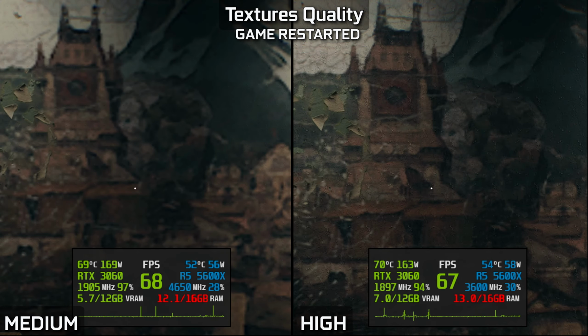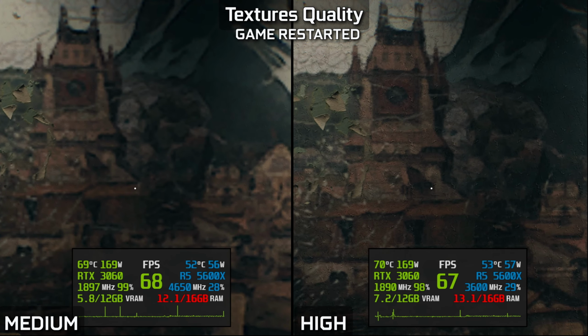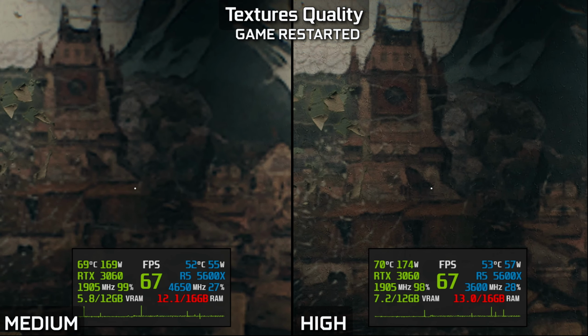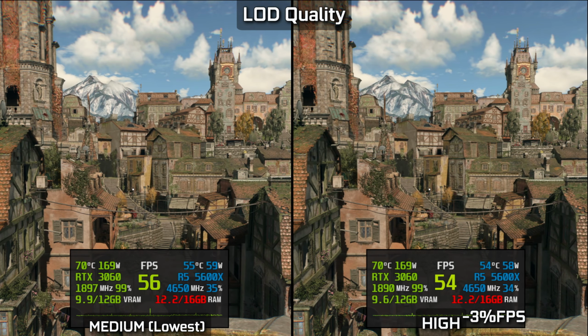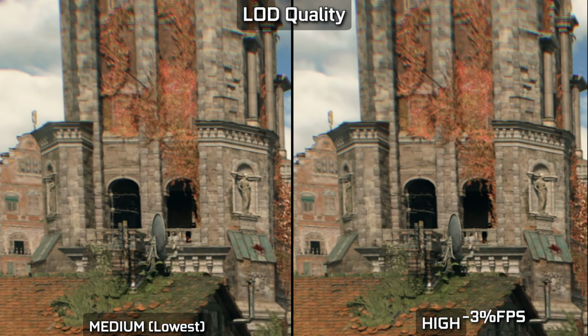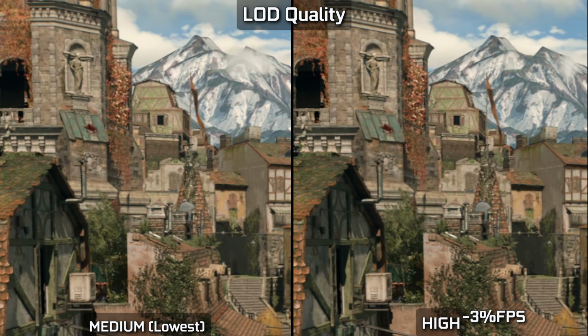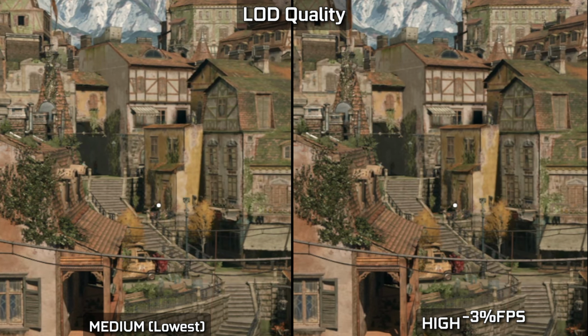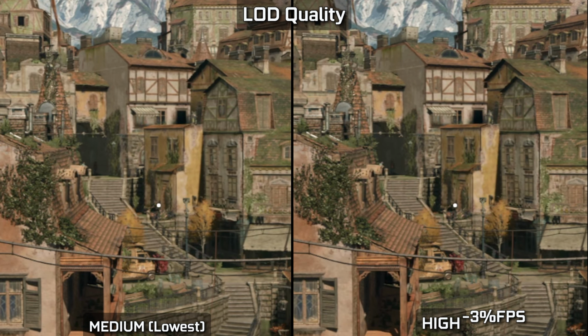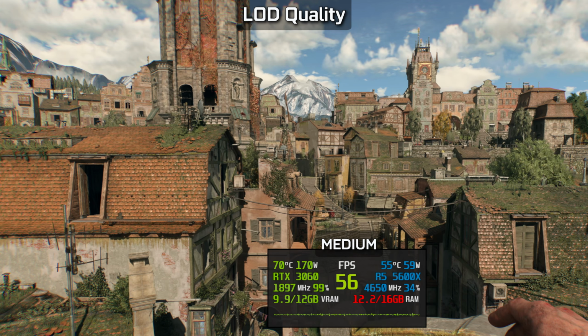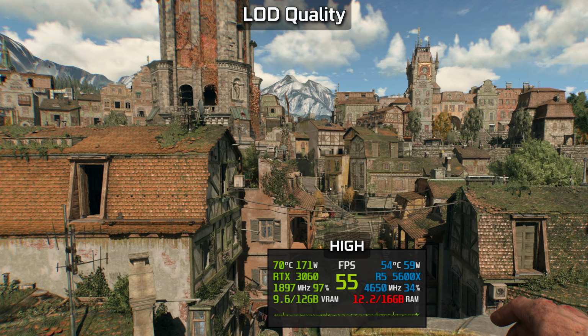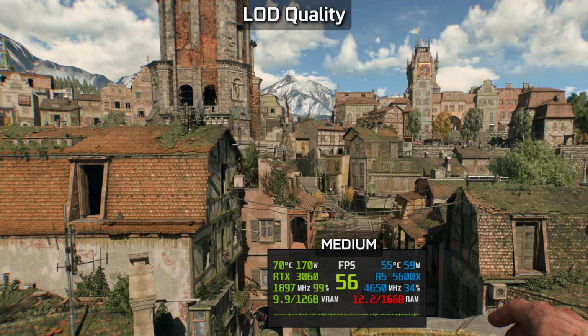For texture quality, I would say it's safe to go high even with the 8GB VRAM card. Level of detail has only 2 stages and the differences between them are barely noticeable. I still recommend setting it to high as it's not very demanding, but what really is affecting the draw distance